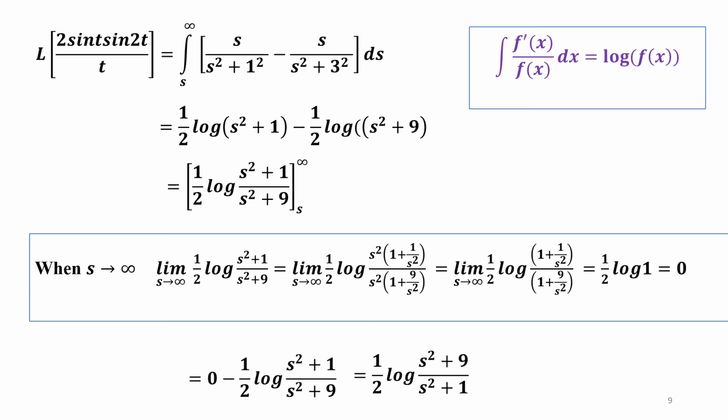The main thing is we have to calculate the Laplace transform of the numerator. Two types of formulas are used here, either this log formula or the tan inverse formula. When we have sine functions, we make use of the tan inverse formula, and when we have f dash of x upon f of x or cos functions, then we make use of this log function.